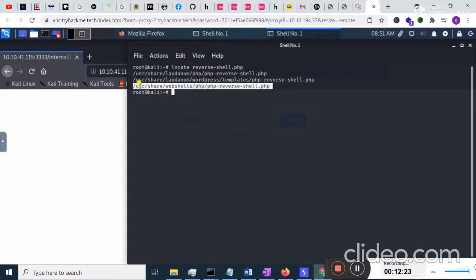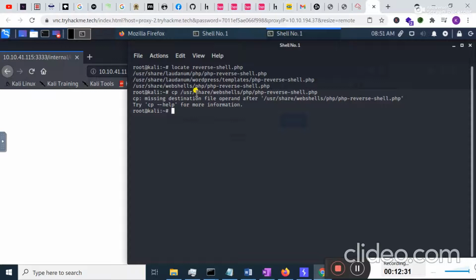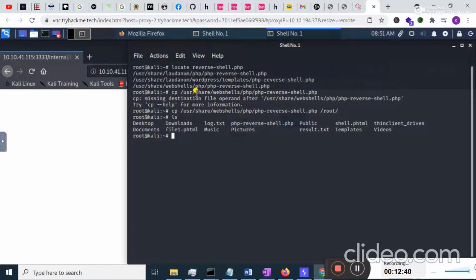I'm going to copy by pressing Ctrl Shift C. I typed here cp. Copy this payload to root and hit enter, ls. You can see the shell is present here with extension .php.